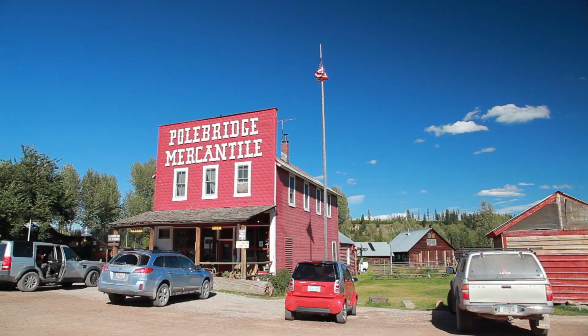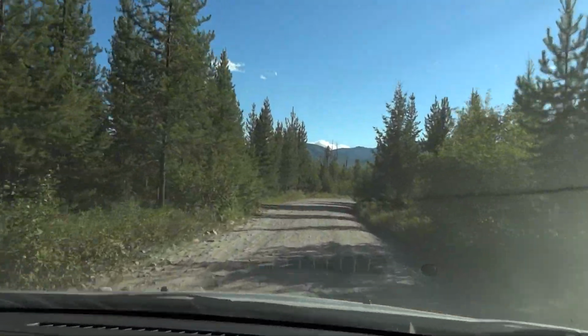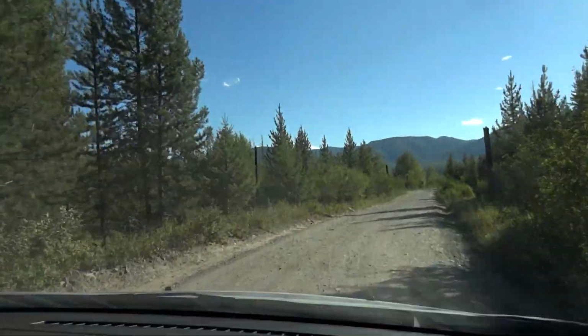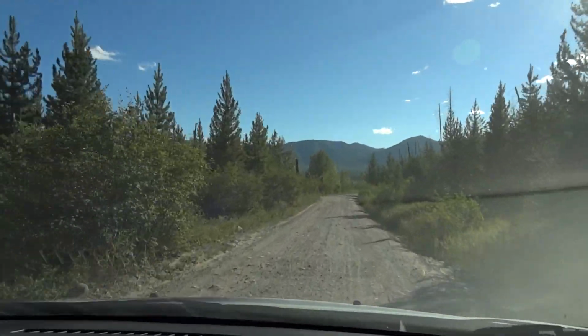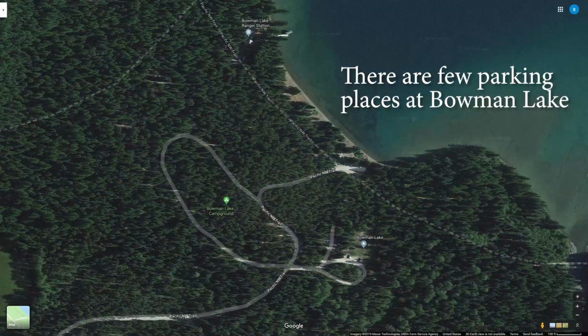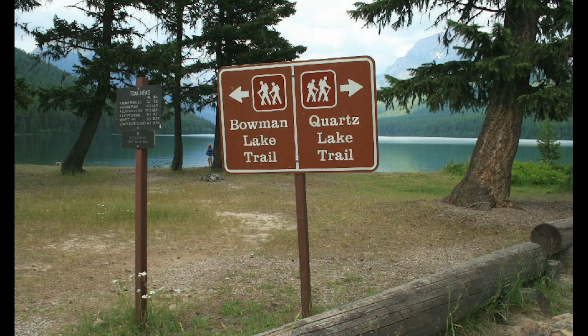After Polebridge, the road is unpaved, narrow, and rough. You'll cover the 6 miles only at about 15 miles an hour. And if a car comes the other way, well, you're going to have to pull off to the side. Once you're at the Bowman Lake parking lot, which also, by the way, fills up often, there are several trails